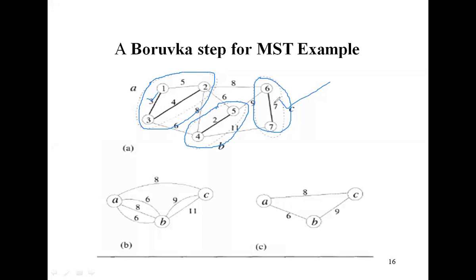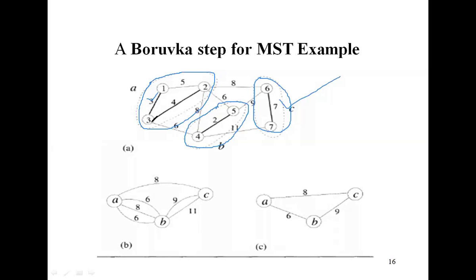Now the edges within the individual components, we can throw away those edges. See the resultant graph in figure B. This is figure B. Now see the resultant graph. Keep only an edge of minimum weight between any two nodes and delete any isolated nodes. So see here, figure B, this entire thing we have taken as A.